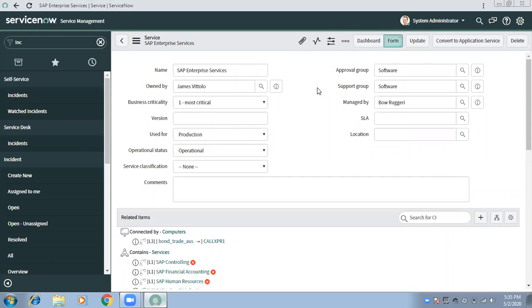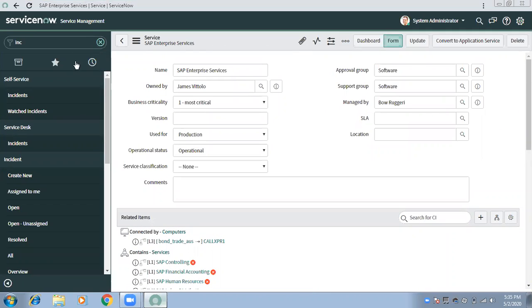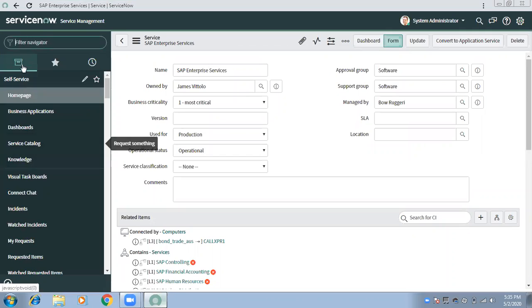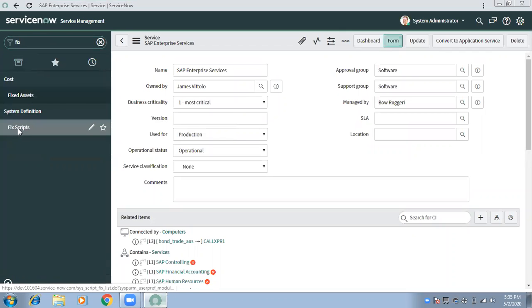Today we will start with understanding the GlideRecord class. GlideRecord is one of the important classes you need to know while doing scripting, mainly server-side scripting.